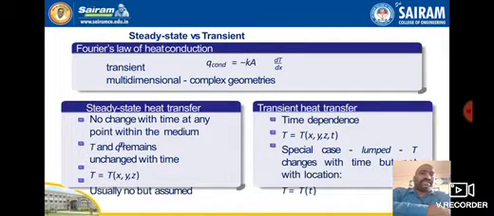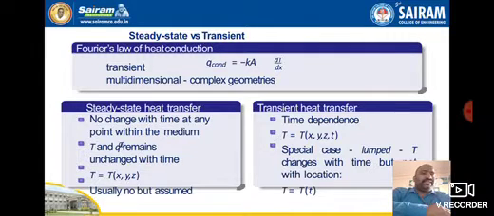So now we'll discuss what is steady state and unsteady state, also called transient heat conduction. For transient heat conduction, multi-dimensional or complex geometry is required. Analysis is very difficult. Okay, so for that, we are going to study the one-dimensional heat conduction equation. So Q conduction is equal to minus K A dT by dx, which is Fourier law of heat conduction. From this equation, you can compare steady state and unsteady state. In steady state, what happens? No change with time at any point within the medium. But in case of transient, it is time dependent.